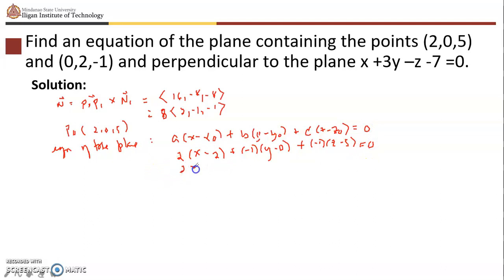We have 2x minus 4 minus y minus z, and then you have plus 5 equal to 0, or that can be rewritten as 2x minus y minus z